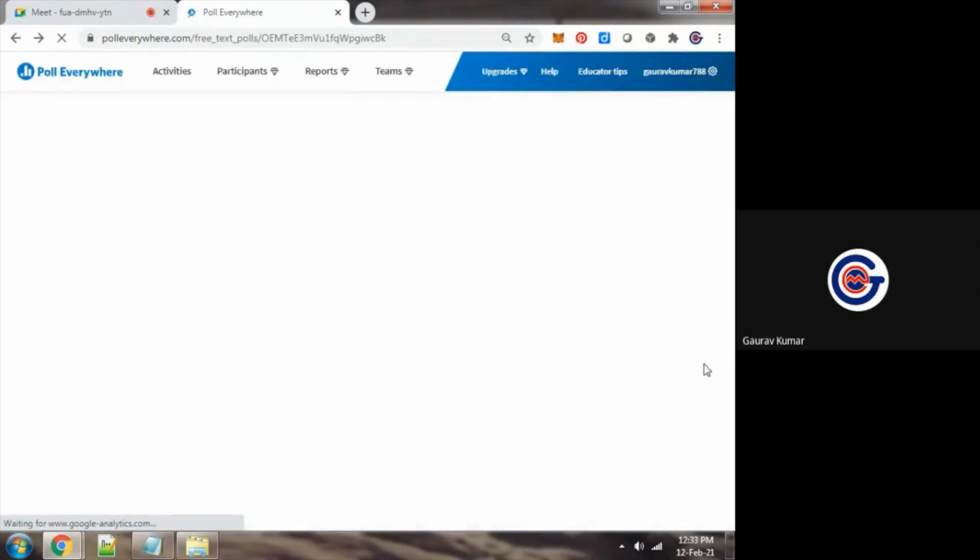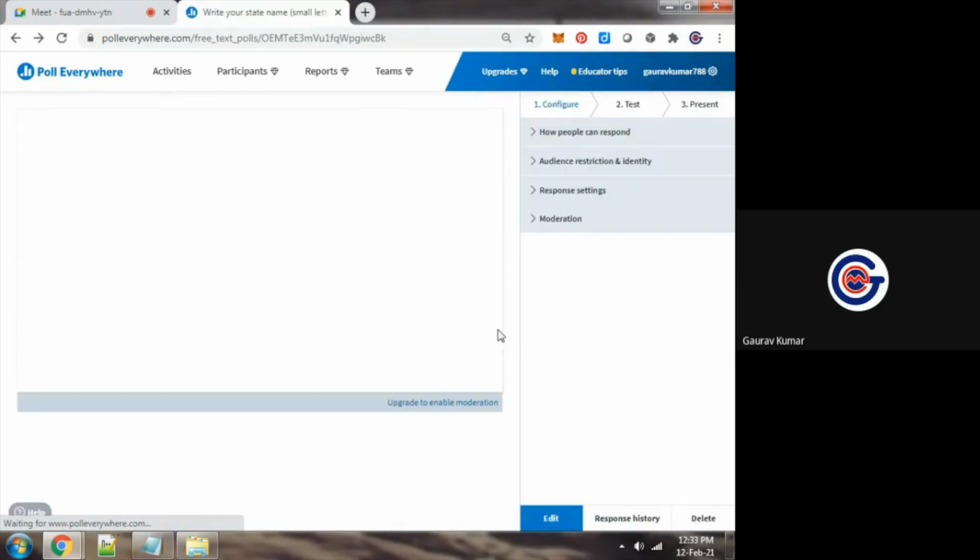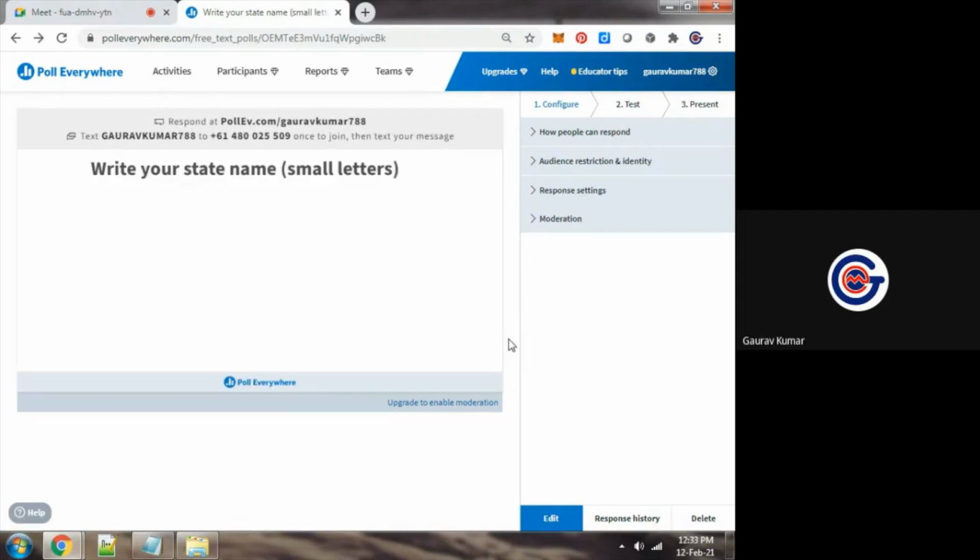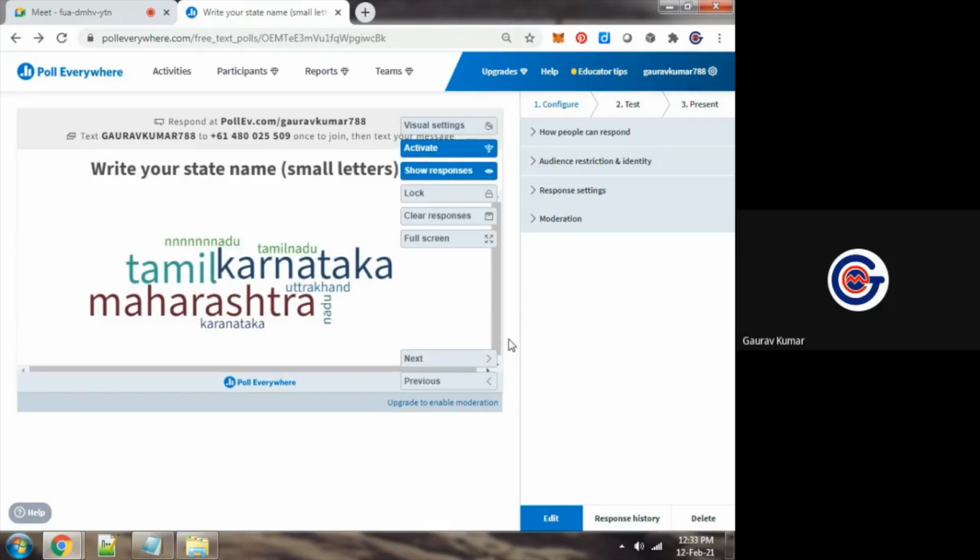In this way, you can interact with your participants and your students, rather than asking them to raise their hands, because in an online session, we can't ask them to raise their hands. In online sessions, during a seminar or a conference, it is not practical to ask, how many of you are in favor of this? Simply raise your hands. So this is the technical way. This is the way by which we can collect the data in a very effective manner, and it will be a permanent record also.